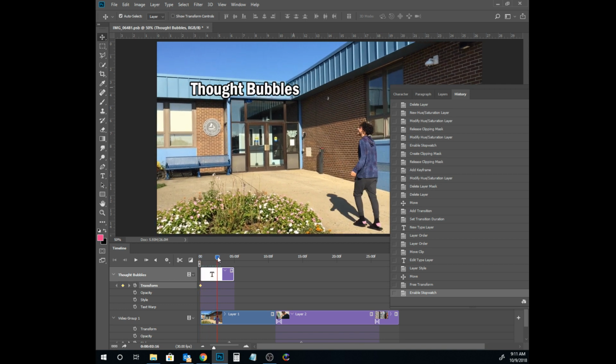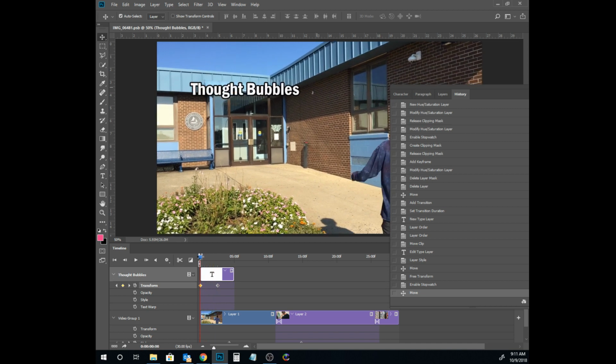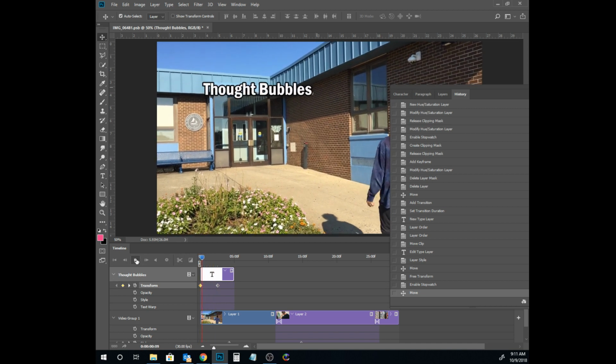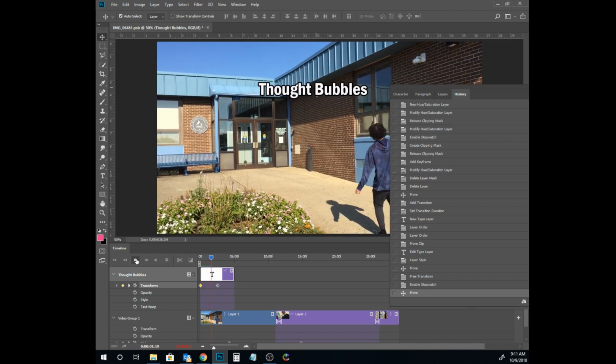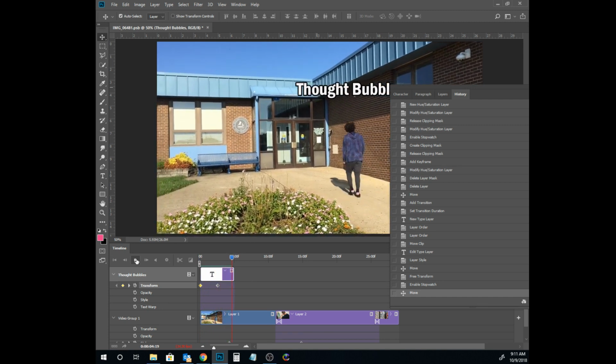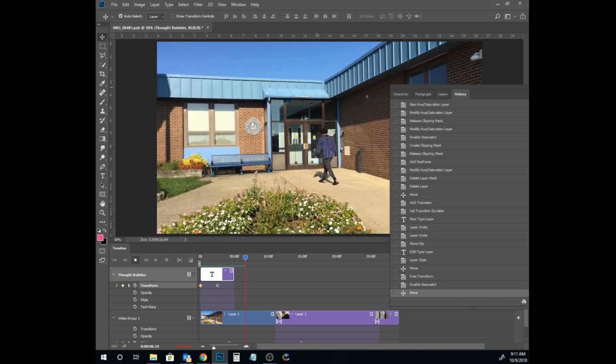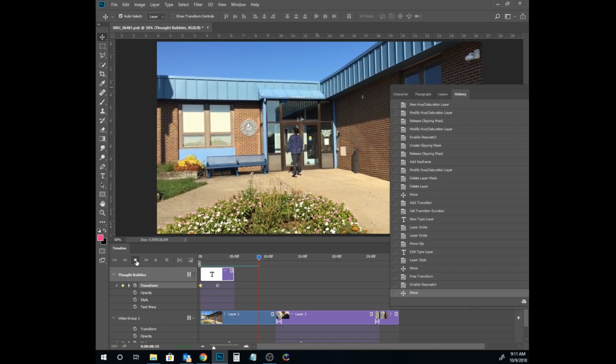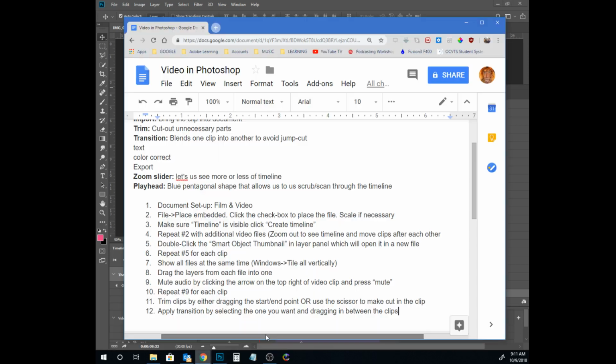And then move your playhead to where you want that animation to change, and then make the change. So all I have to do is move my text over here, and it creates this other diamond. Now if we scrub back and play, we see our text is moving, and we have that animation happening. So I'll go back and we'll say